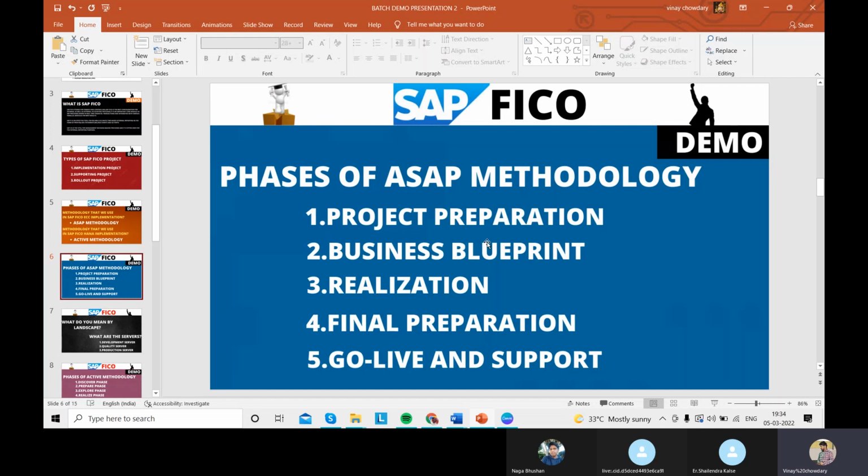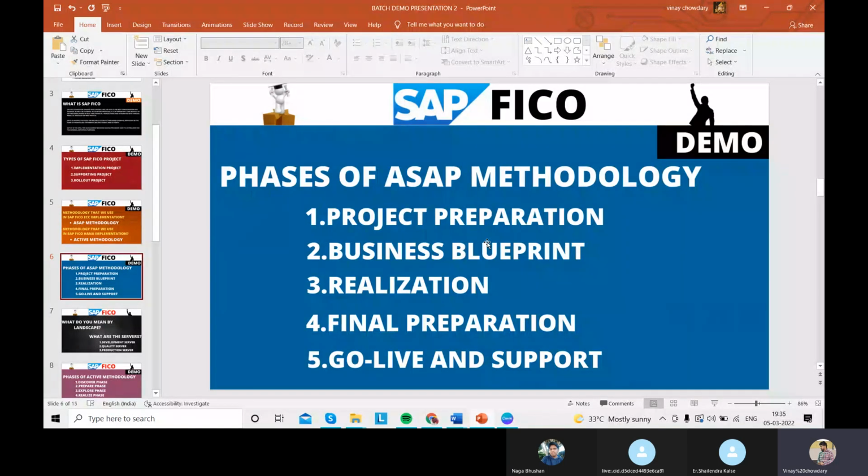Here, what are the partners that are there in this project preparation? Okay, delivery head will be there, technical head will be there, project management heads will be there. Okay, so these are the persons who are the officials of the project. So when you are working in real time as a SAP FICO consultant, you will have your higher authorities. What are those higher authorities? Those are PM, I mean project management heads, delivery heads, and also technical heads. Okay, so here,